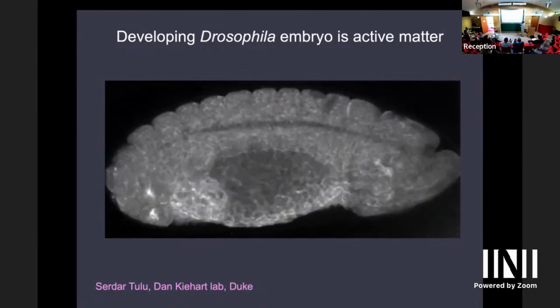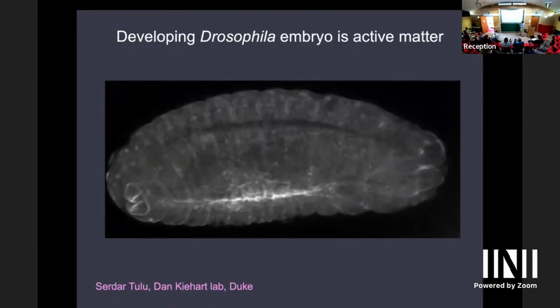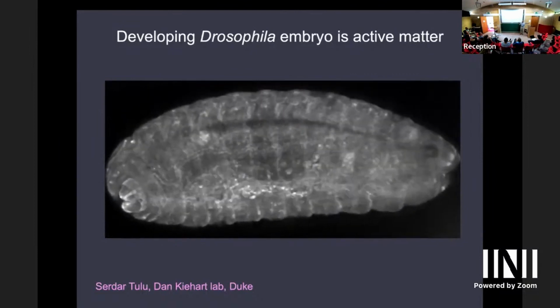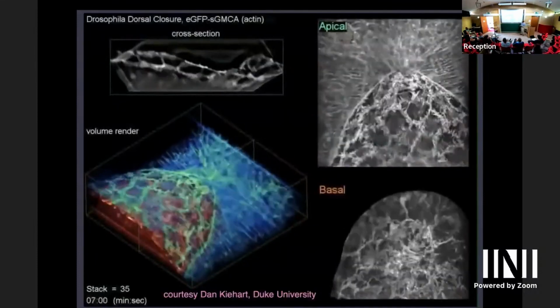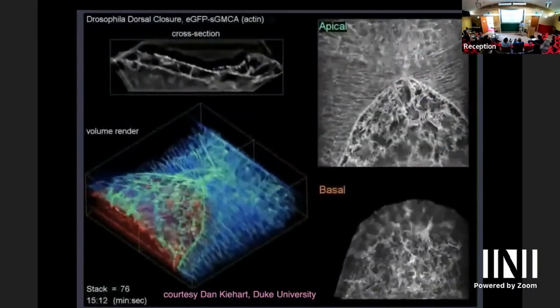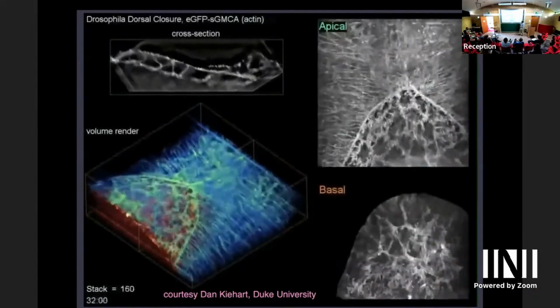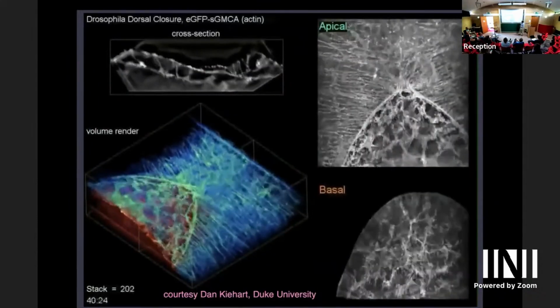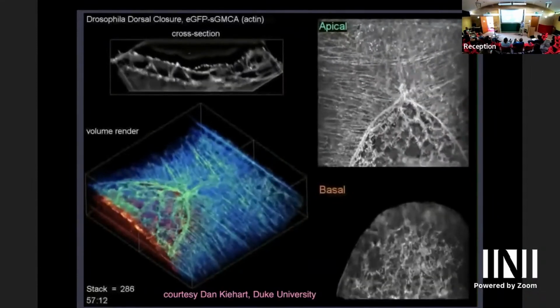And now you see the dorsal opening filled with the so-called amnioserosa cells, and that contracts and the cells disappear. And that process is called dorsal closure. And so Dan's lab has been working on that for a long time. And they've learned a lot of details, of course, about the molecules and all these different force-generating elements and so forth. There's lateral epidermal cells, there's amnioserosa cells, there's an actomyosin-rich so-called purse string that contracts and so forth, like